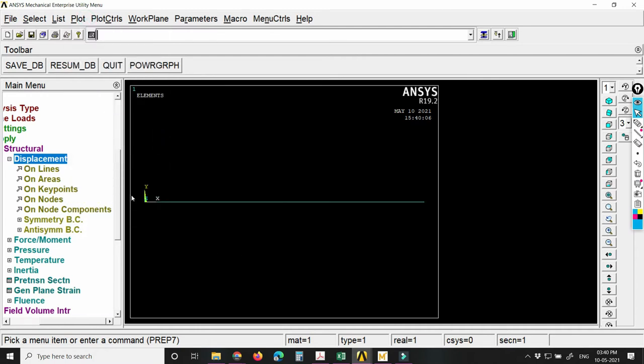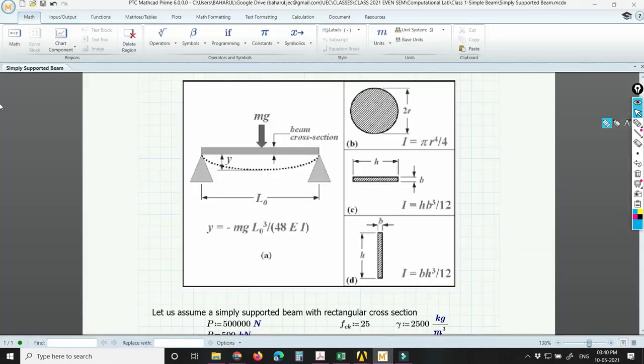I want to give these two points a simply supported condition, right? But there is a problem with simply supported. In a simply supported case, we only allow rotation about z. That means if this is x, this is y, and this is z, it is not being restrained by anything.